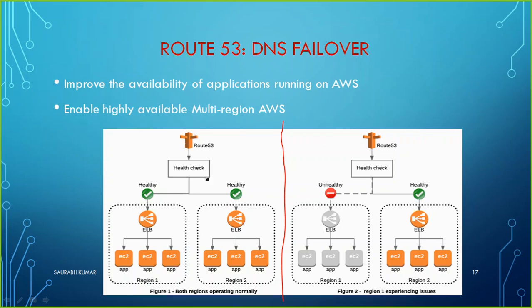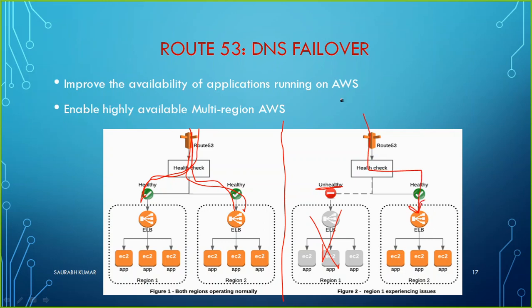Plus, the other region also has multiple instances running behind the same kind of ELB, and this ELB will also be added as an entry, or a record, in your Route 53. So Route 53 is going to do the health check of them. If both of them are okay, it will automatically use a round robin or failover technique: if traffic comes, one request goes here, the second goes here, the third goes here, the fourth goes here. If any EC2 instance goes off, or this entire region is no longer responding, it becomes unhealthy and all the traffic will now go to only one.